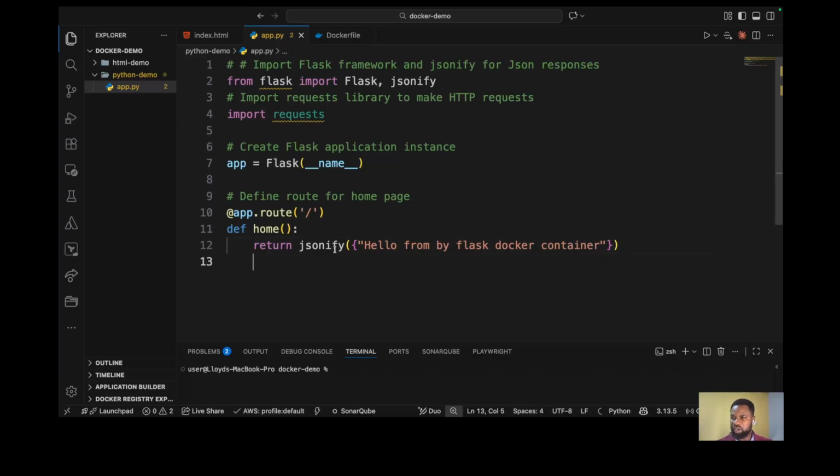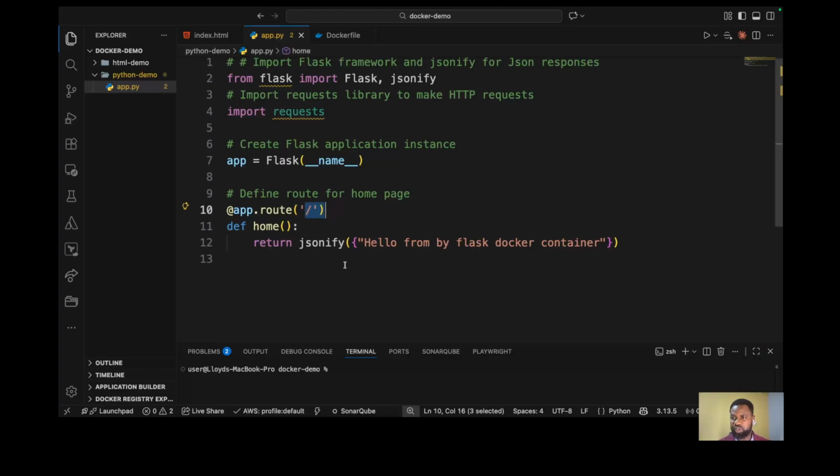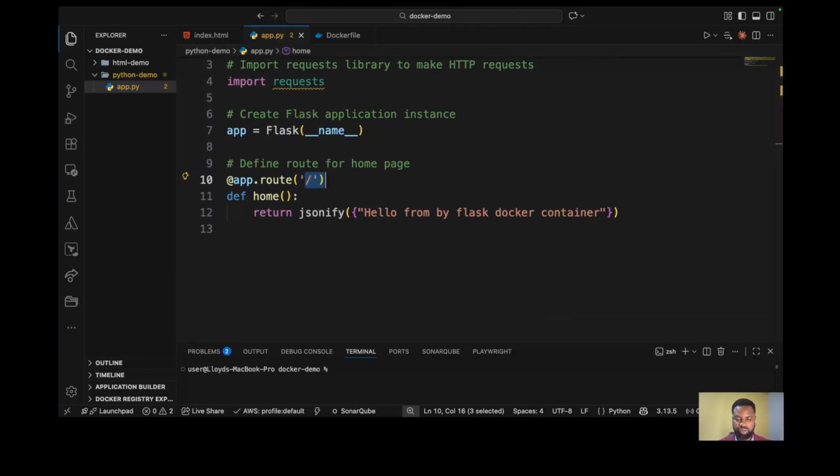Okay, so we've defined the response. So this is the response that we wanted. And we are returning this particular message in the browser once we go to the home directory. And remember I mentioned that we are using this @ symbol here to map this function to this route. And then this is what we are returning when we go to this home directory. All right, so now that we created our first API, the next we will do is to